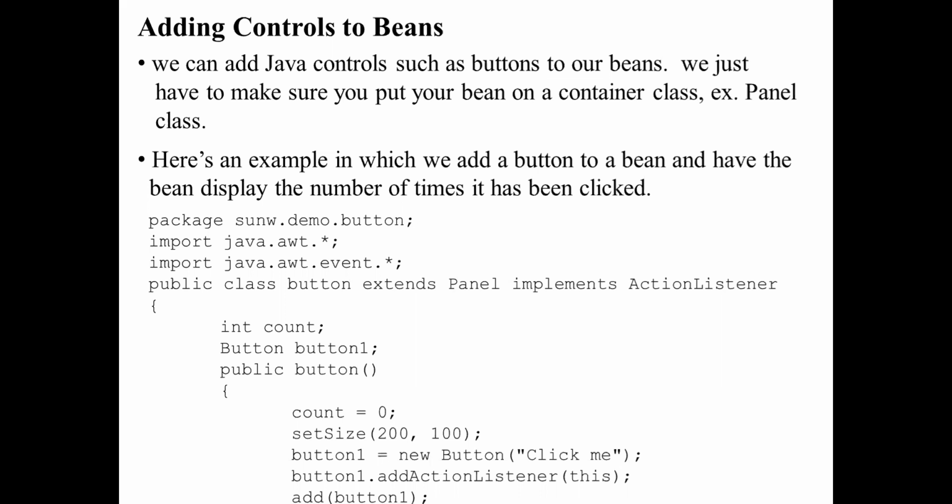We set the size to 200, 100, and button1 is equal to new Button of Click me, and button1.addActionListener adds the listener to this button.